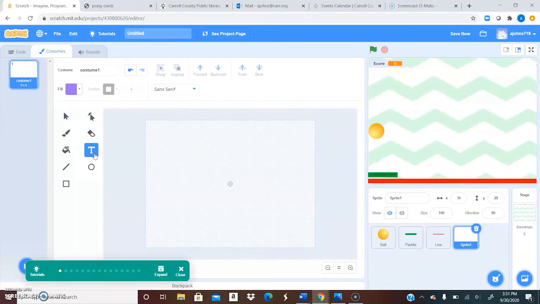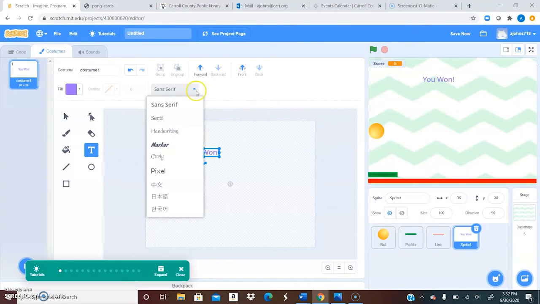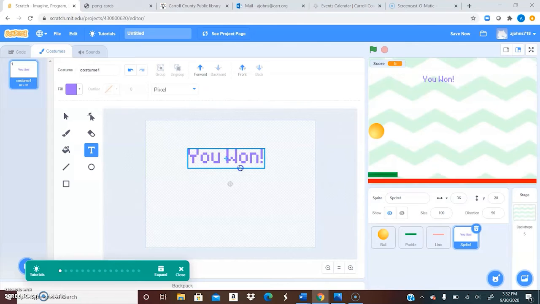I'm going to type U1, and it does nothing, so give me just a moment. So I actually had to click the screen, but now it's going to let me type U1, that's an exclamation point, and I'm going to highlight that, and I'm going to find a font that looks a little more video game-ish. I like this pixel font, that's pretty fun. And I'm going to make that a little bigger,